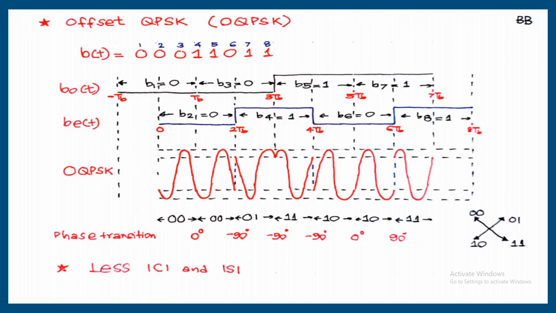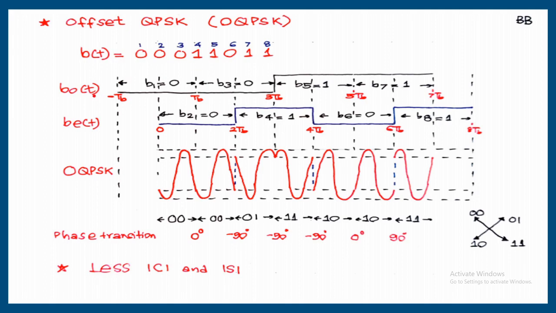Here I am explaining a solution to avoid 180 degree phase transition. That QPSK is known as offset QPSK or staggered QPSK. Offset. There is an offset of TB second between odd bit and even bit. So due to that offset, odd bit and even bit are not going to change simultaneously, and then 180 degree can be avoided. So here again the same combination is written here 0 0 0 1 1 0 1 1,